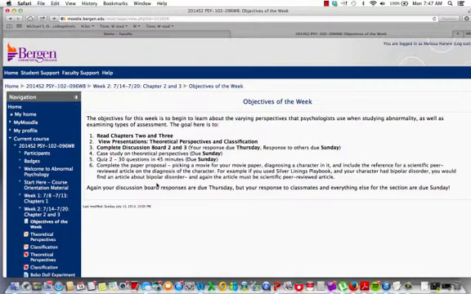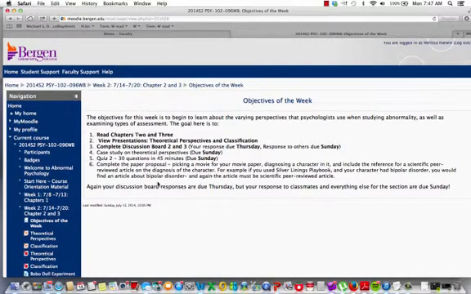There are 3 things you have to do for this proposal. The first one is you need to pick a movie for your movie paper. The second one is you need to diagnose a character in it. So, it can be something that you've seen before or something that you've heard of. For example, Silver Linings Playbook is a great movie and the character has bipolar disorder. The main point of this isn't the diagnosis of the character, but how you can show what symptoms they have and how they got the diagnosis.